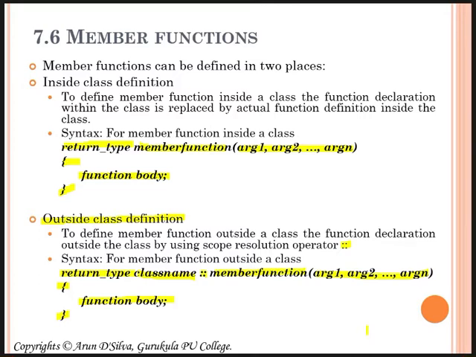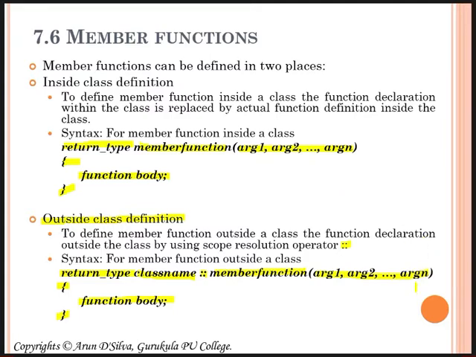So let me put in front of you some characteristics of member functions. The type and the number of arguments in the member function must be the same as the type and the number of arguments declared inside the class definition. Even though you are defining it outside, the prototype of that function will be there inside the class. That should match the number of arguments as well as the name, the return type, and the data types you are using.